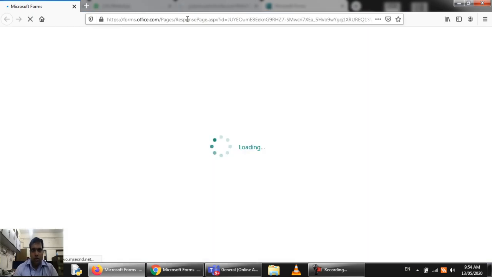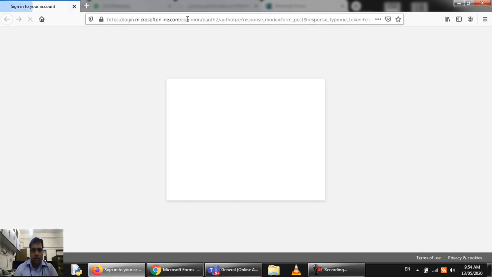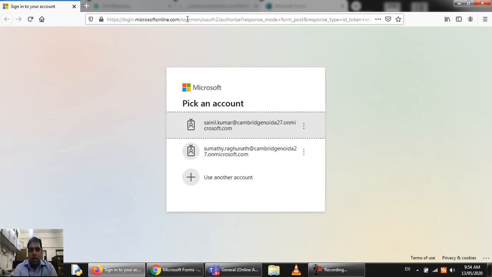When the student opens it, it will look like this. It will ask you to sign in. If you don't remember your Teams login ID and password, you will not be able to attempt this test. So the student must know the login ID and the password of Teams.